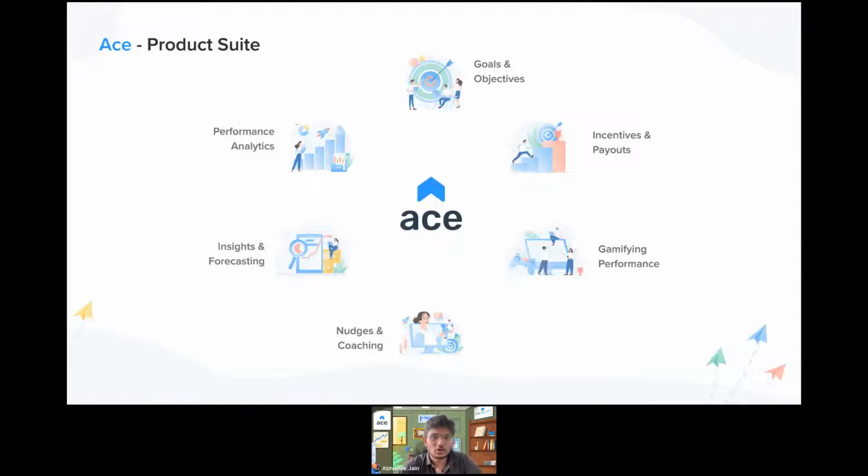ACE aims to build a lot of other tools which help improve sales efficiency. But at this point of time, we have goals versus achievements as a tool which you could use, because we believe that's the first step to set the tone inside your organization and set the objectives for different folks.